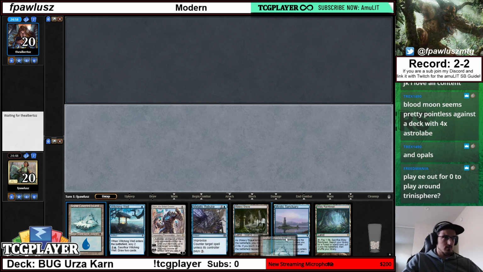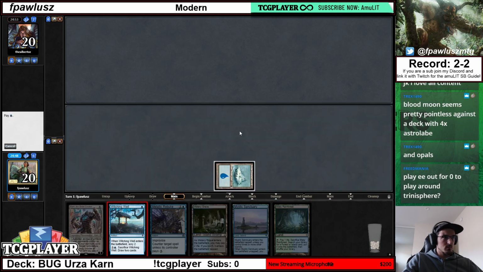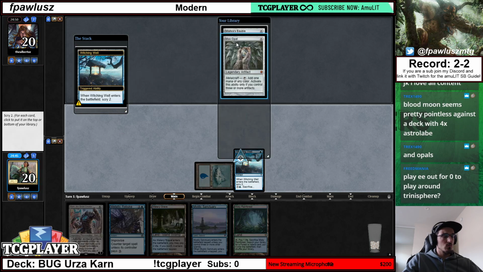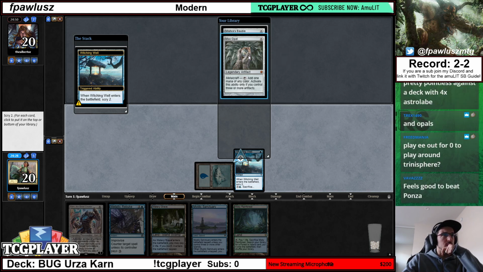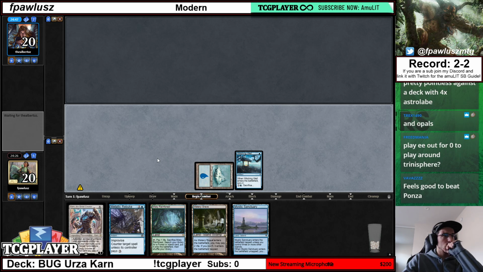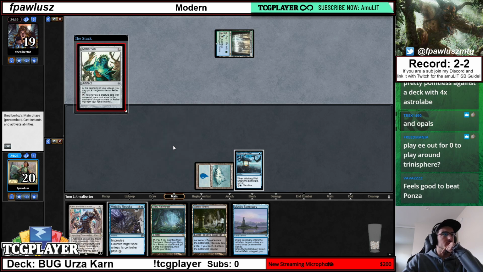Okay. Having the Sanctuary in hand kind of sucks, but I actually do like this, don't I? Yeah, I think I do like this. I think I do like both on top. The order in which I draw them is not particularly relevant. Waterlogged Grove. Aethervial. Well,